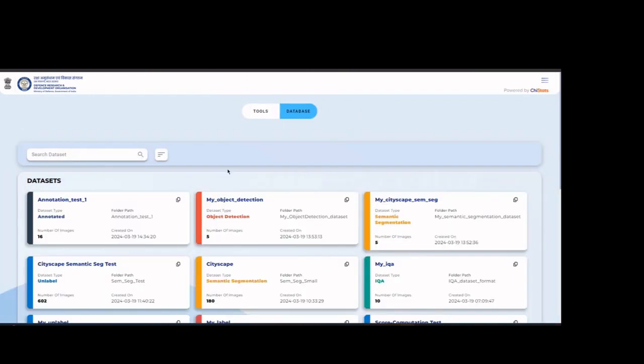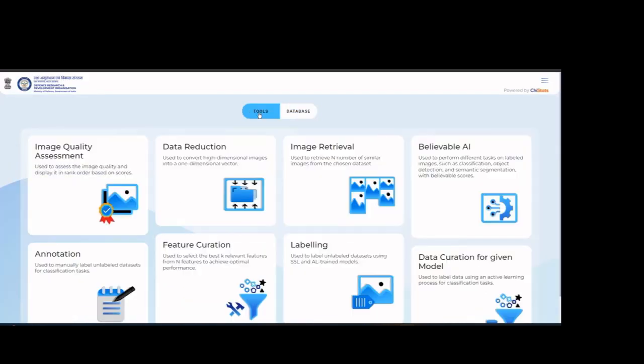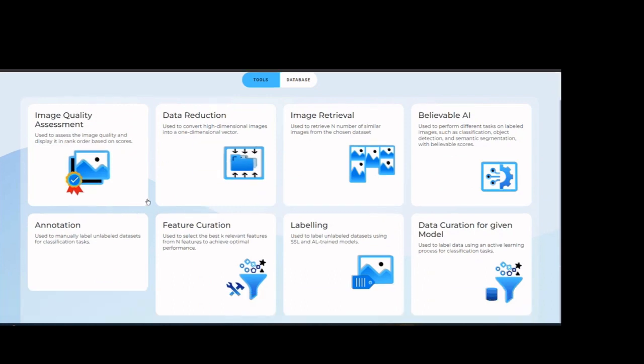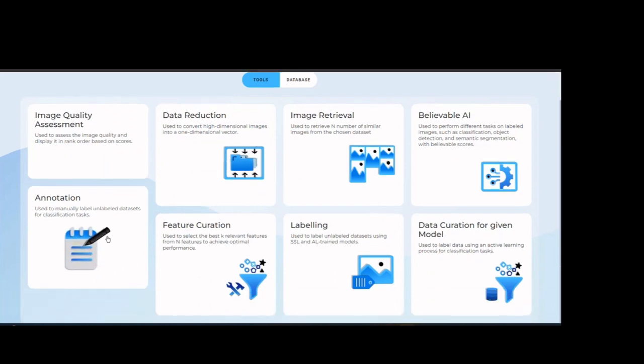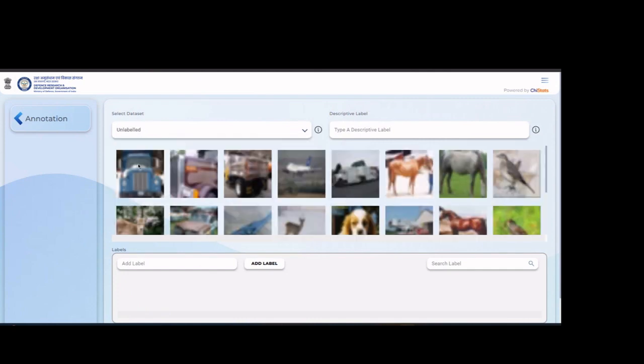In the database page, the user can see all the datasets that have been registered for use. In the tools page, you can see the various tools over here. We'll begin with the annotation tool. In the annotation tool, first you have to select a database, let's say an unlabeled database. You have to give it a descriptive label, let's say